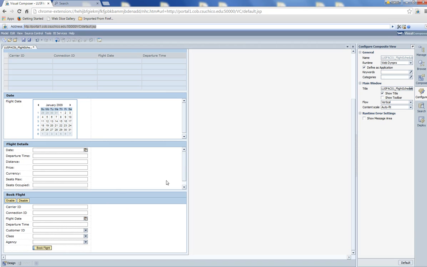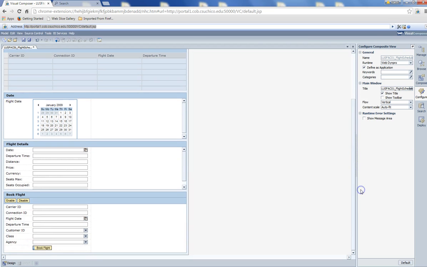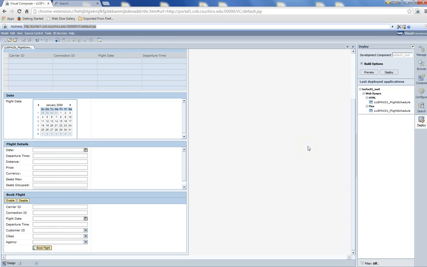Then in book flight, I have carrier ID, connection ID, flight date, departure time, customer ID, class, and agency. Now take a screenshot of this. I don't think you can take a screenshot in one attempt, so take 2 screenshots so that it looks like this. And now you save it, you deploy,